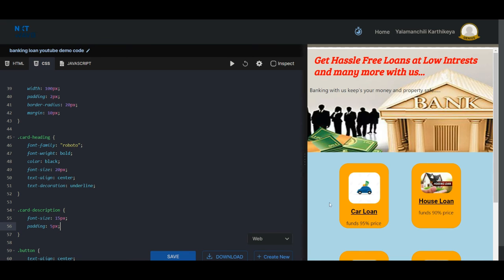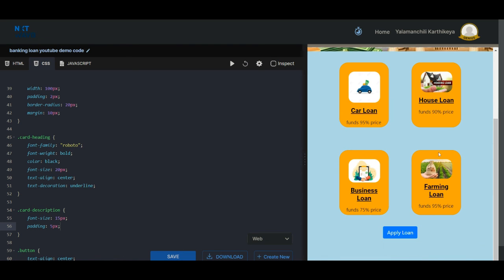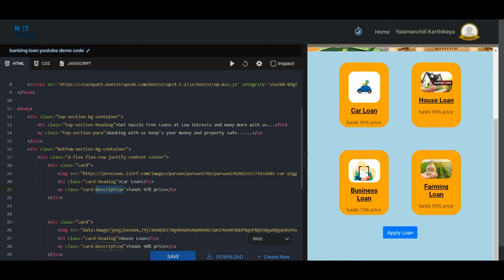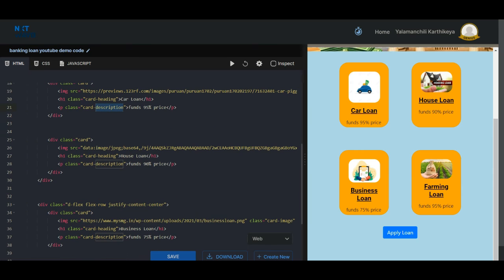And then I got an output with a light blue background color, a card over it in orange color, an image in it, and below that image a heading, and then I got the card description for that card also. In the same way, I have written for the house loan, business loan, and farming loan as well. This is the code I have written for that also. The same code I have written for all the other three cards also.